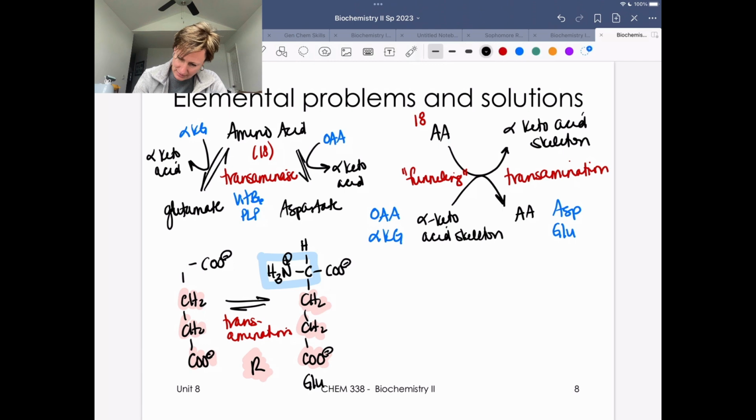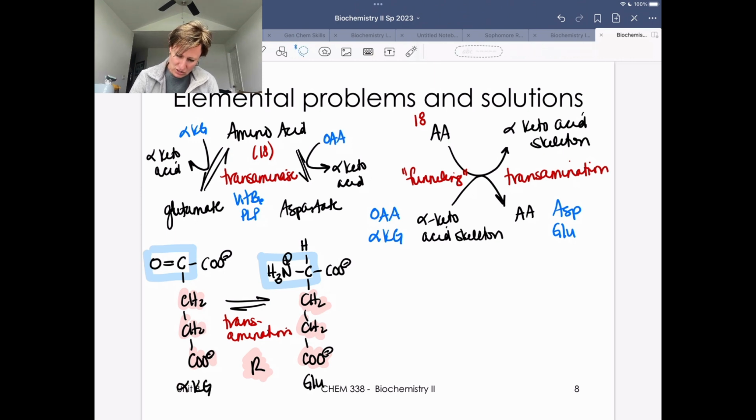Oops, didn't mean to erase that there. So that carbon atom is now going to be connected to an oxygen as a carbonyl. So we sort of have this piece gets swapped out, okay? So the carbon is going to be not connected to a nitrogen atom. It's going to be connected to a carbon atom as a carbonyl, okay? So this is, again, alpha-ketoglutarate,